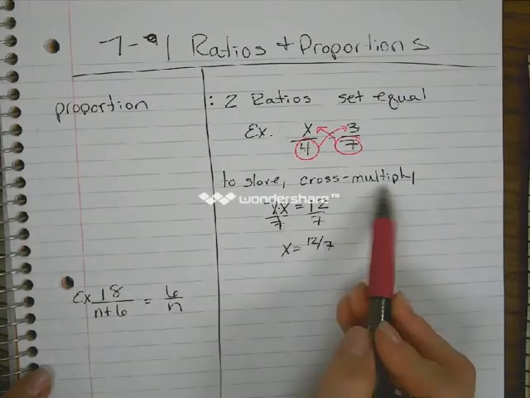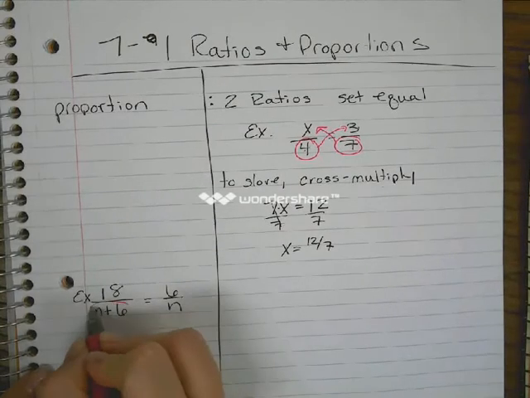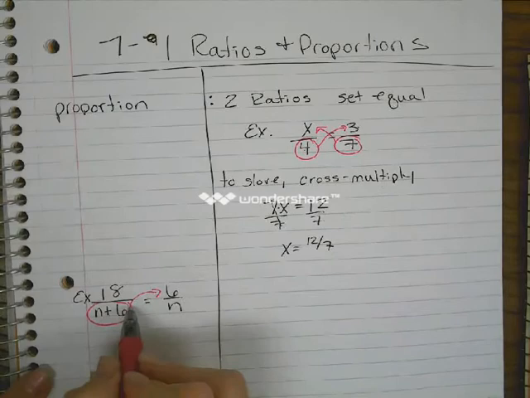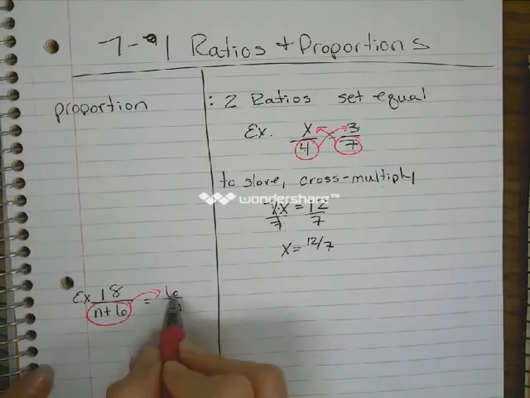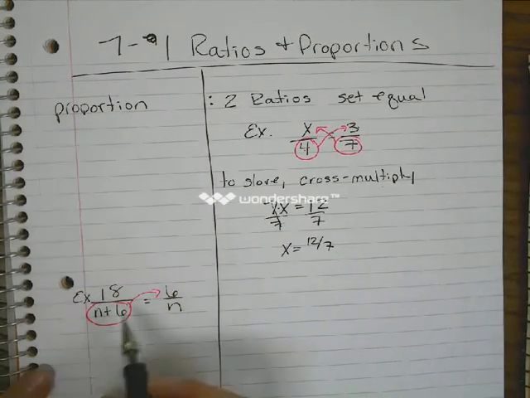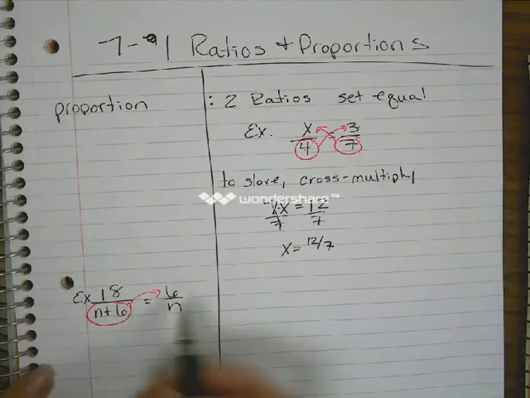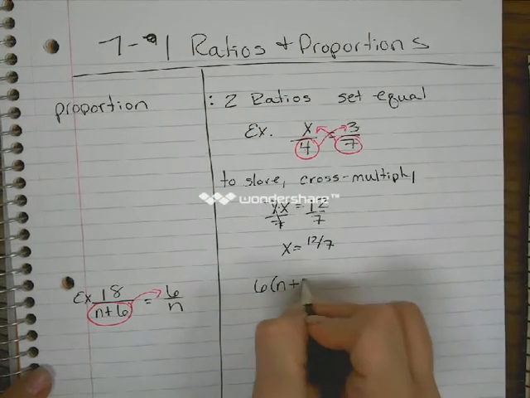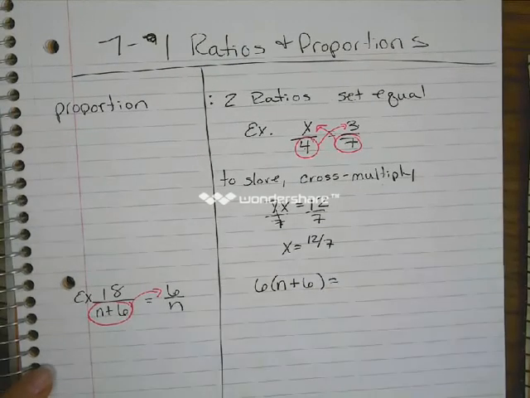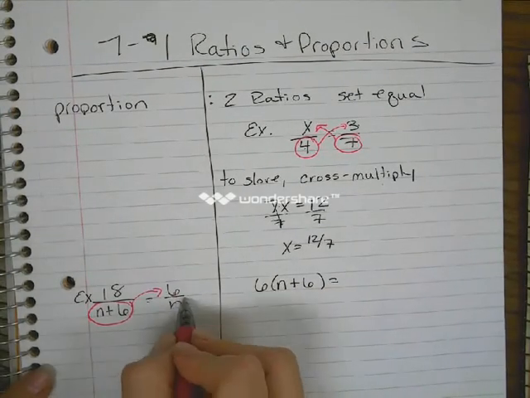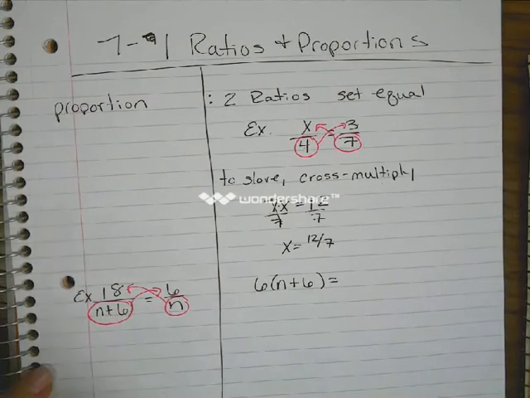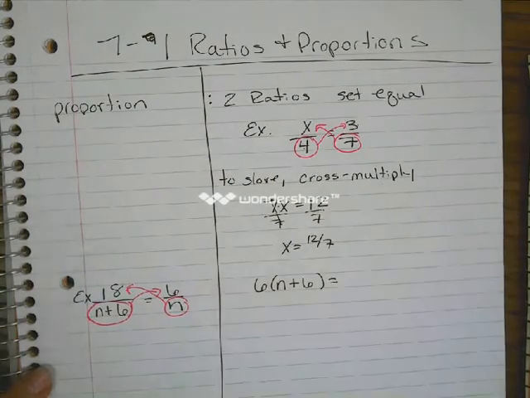This gets multiplied by that. How do we multiply a binomial by a number? Okay, this whole thing has to get multiplied by 6. So to indicate that, we put it in parentheses. And then this gets multiplied by 18. And to solve this,